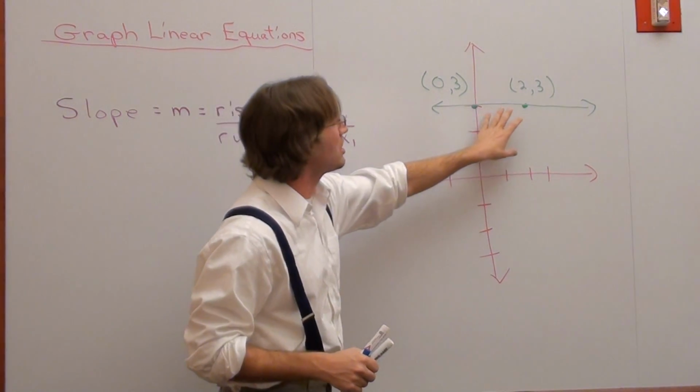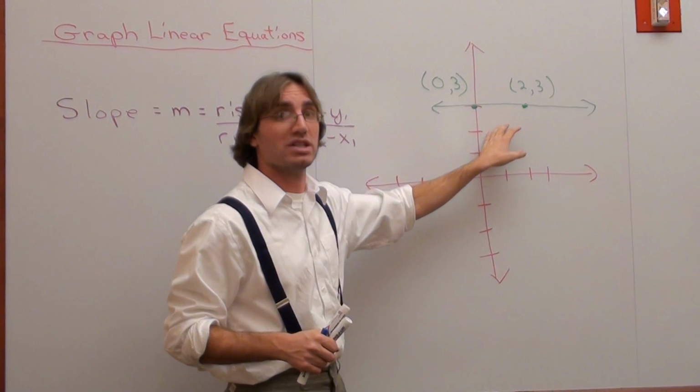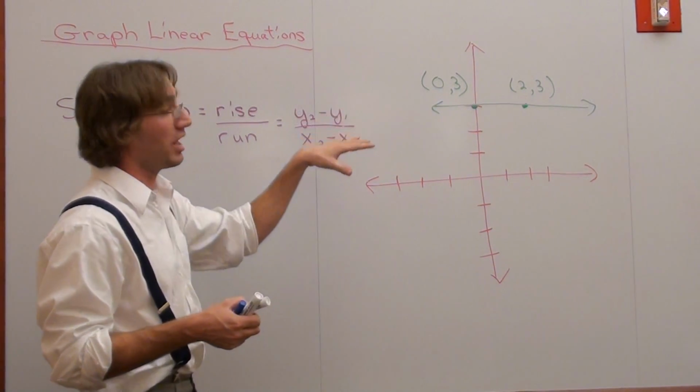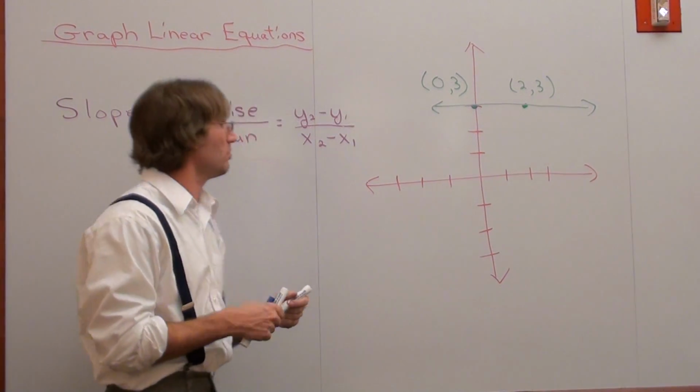Watch. We're going to use the same formula, y sub 2 subtract y sub 1 over x sub 2 subtract x sub 1. You're not going anywhere. Your slope is going to be something called the zero slope. With that said,